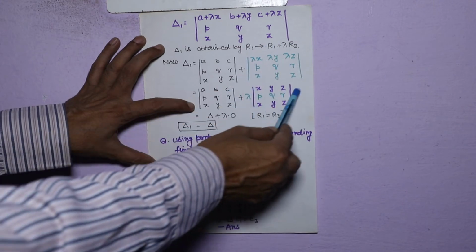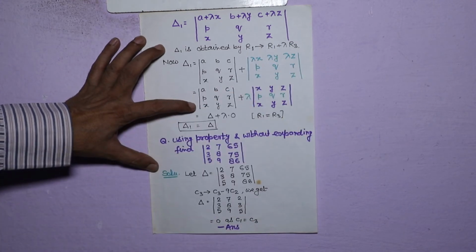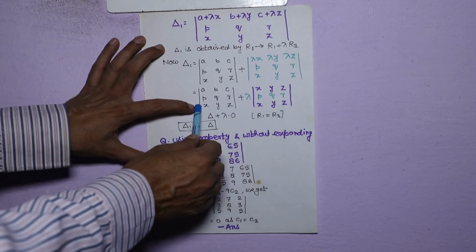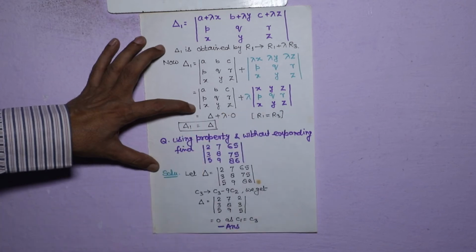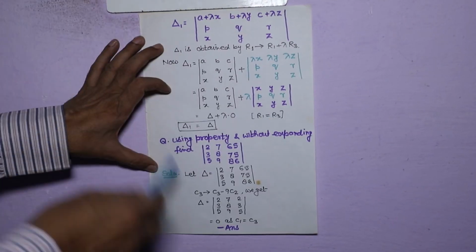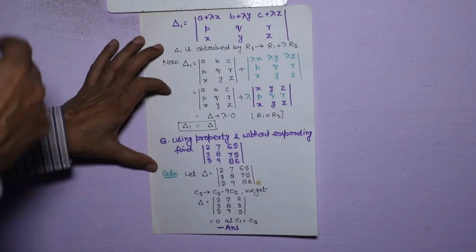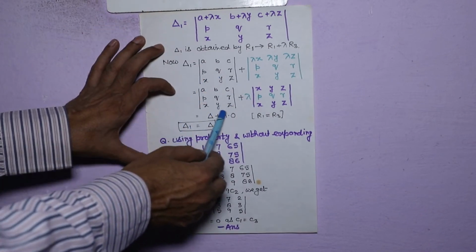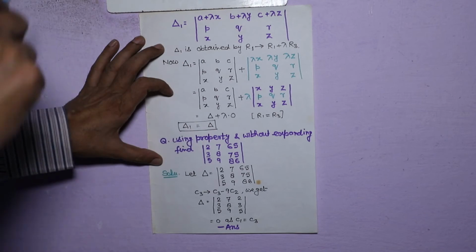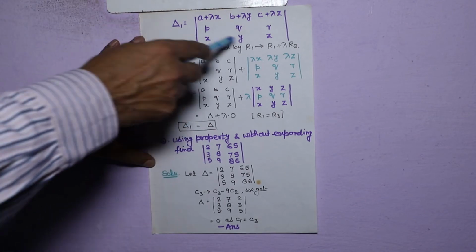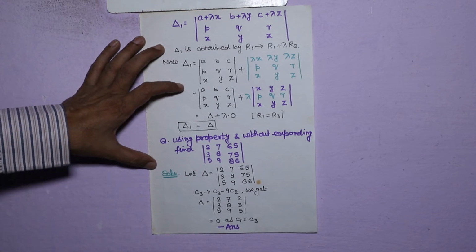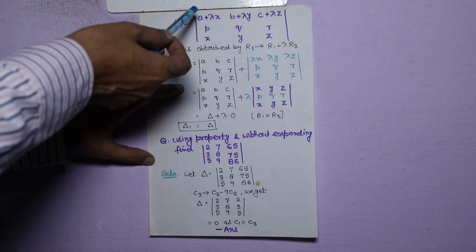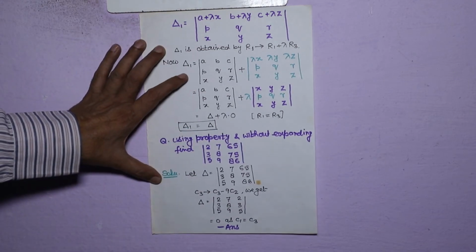Now in the second part, they are multiples of lambda, so we can take lambda common. Here you can see elements of first row and third row are the same, so its value is 0, and therefore the value of the second determinant is 0. So only the first determinant is there, that was the original determinant. So whatever you have done here, the value remains the same. So what I said: if elements of a row or column are multiplied and added to any row or column, the value of the determinant remains the same.